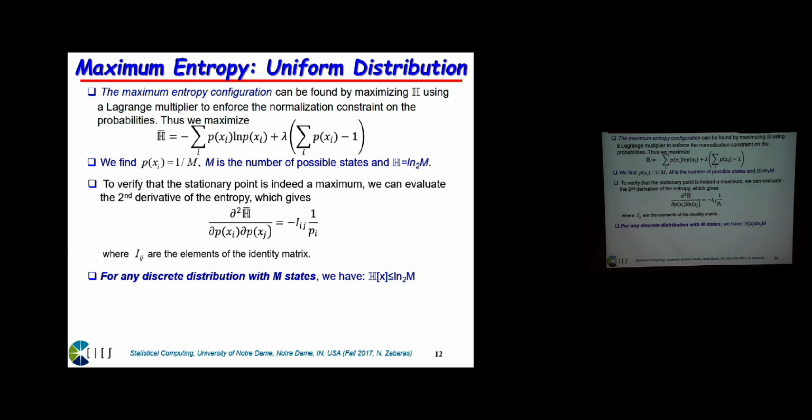So you get the log of m. You can see this is 1 over m. So there is a summation over m variables, so the two m's cancel out, and basically you get log of m. Okay? So this has the maximum entropy, and basically the derivation is by maximizing what you see on the top.